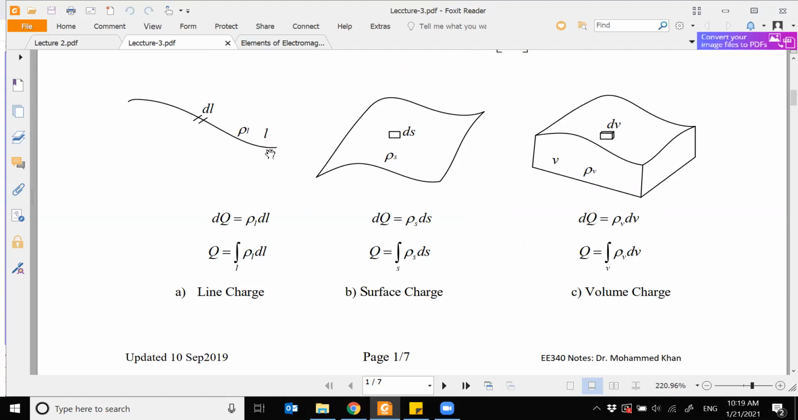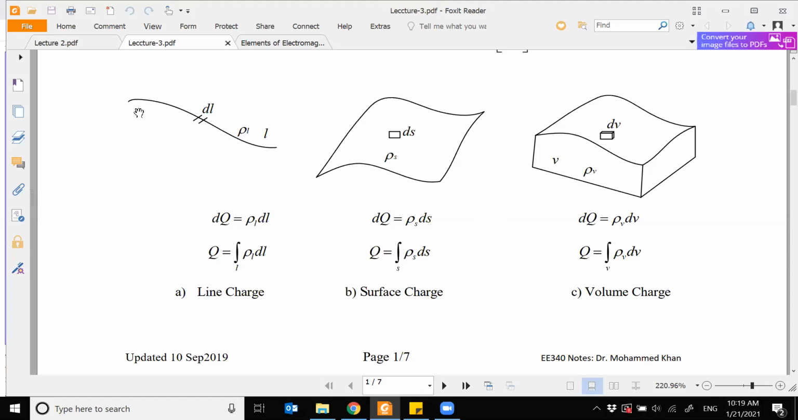A simple example you can visualize is a thin wire, a metallic wire, and on that metallic wire you have charges. You have charged that wire, a static charge to that wire. So that will be a line charge. And if its line charge density is rho L,